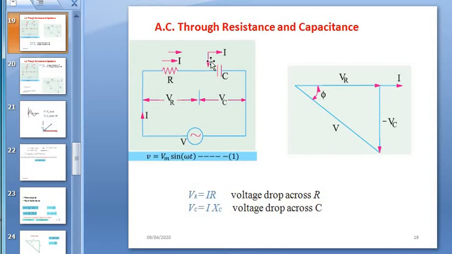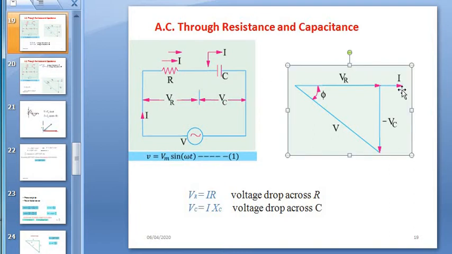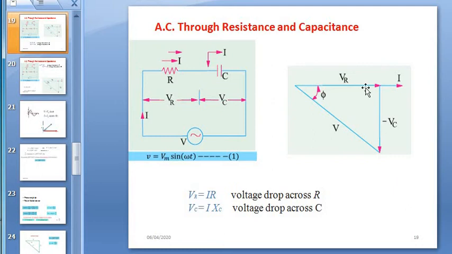With this information we can have the phasor diagram. Again the current is the same. The current through the resistance and through the capacitor is the same since it is a series circuit. Therefore the current phasor is taken as the reference phasor. The voltage VR is drawn in parallel with I, on the same axis, since both are in phase with each other. The Vc is drawn lagging I by angle 90 degree. Or we can say the current is leading the voltage by angle 90 degree.